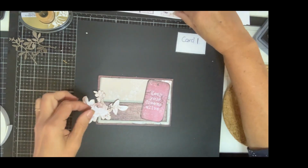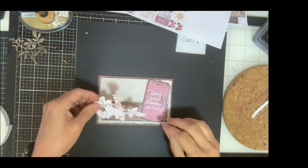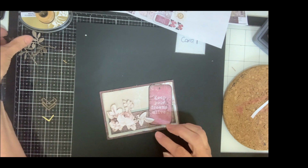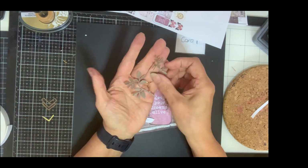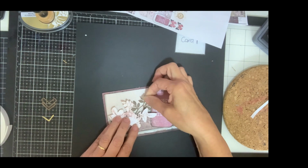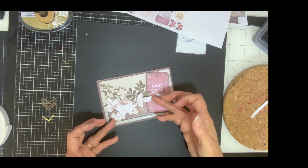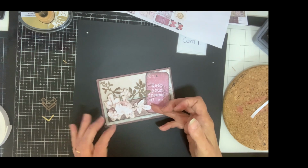Now my flower, I have cut from my cut apart sheet one of the full rows here, and I'm going to just get that nicely placed. And I have die cut just 2 different leaves in that brown, like that, and all I'm going to do is just pop those underneath before I attach my mounted piece. And that just gives you that little bit of texture again, and makes sure that our leaf doesn't overshadow our